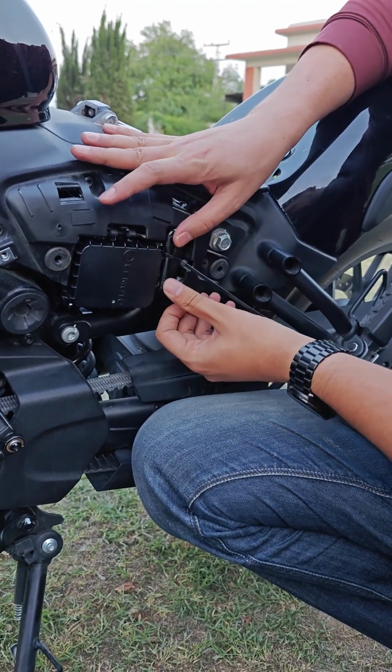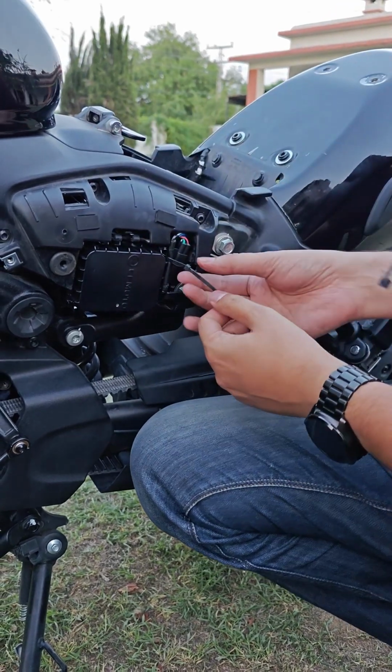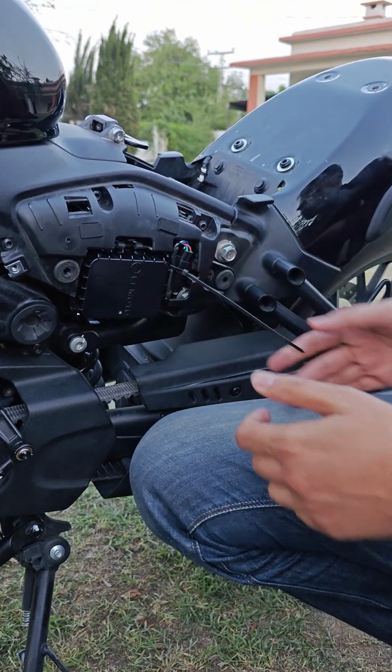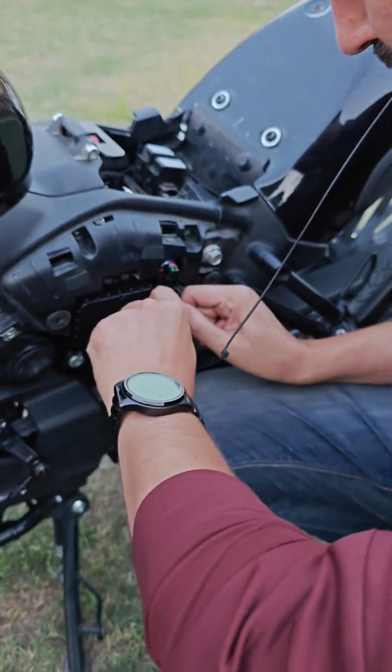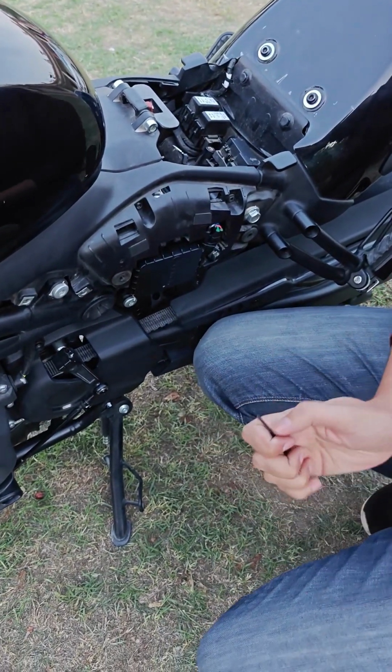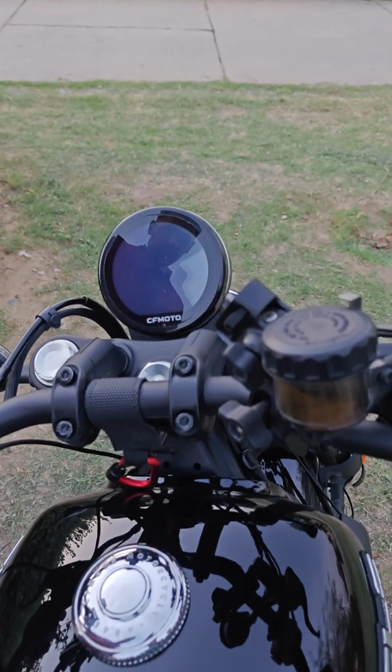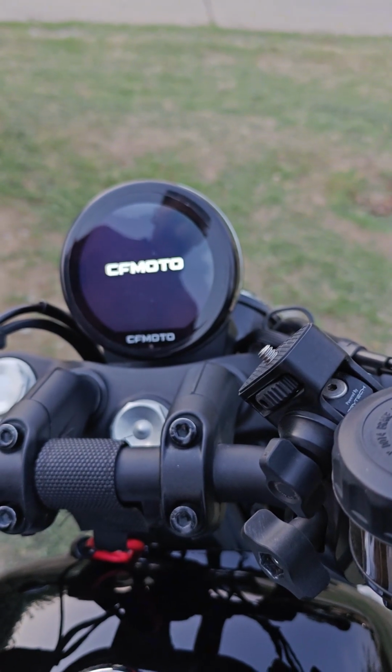You just have to put that side panel on again by pushing it on. There are no nuts and bolts on this, just four brackets. Okay, this part is not essential. The installation part is done. I was just turning it on to see that the bike is working and I did not mess something up,